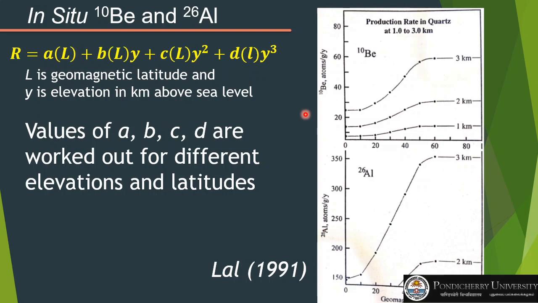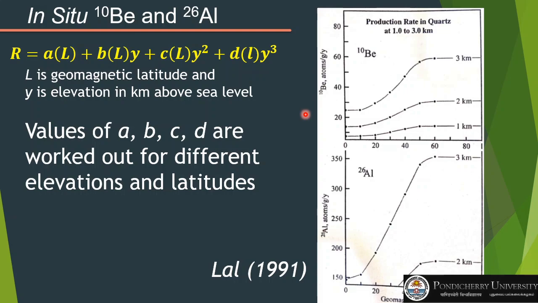Then obviously you will get an erroneous result or an erroneous interpretation, based on the assumption that all the 10 beryllium measured was in situ produced. In the case of quartz, it is easier to get rid of this contaminating atmospheric 10 beryllium by simple mild acid treatment, leaching out the adsorbed material, and then you can take out the material from within the quartz which is actually in situ produced 10 beryllium.